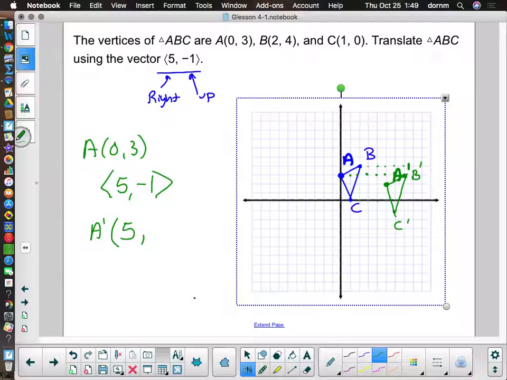3 minus 1 is 2. So A primed is at 5, 2. Is that correct? Let's see. 1, 2, 3, 4, 5, 1, 2. That's where A primed went up. So B primed,